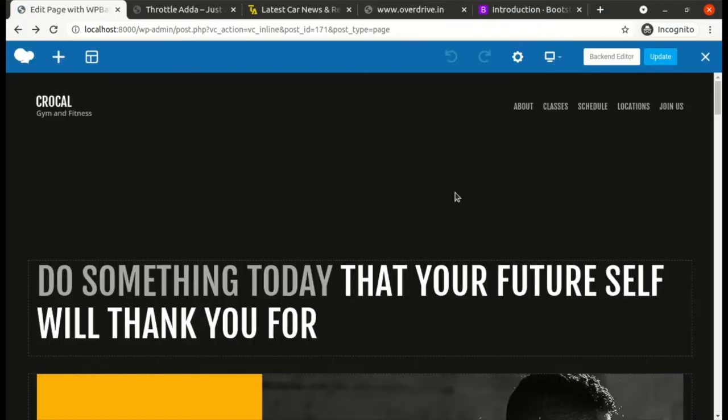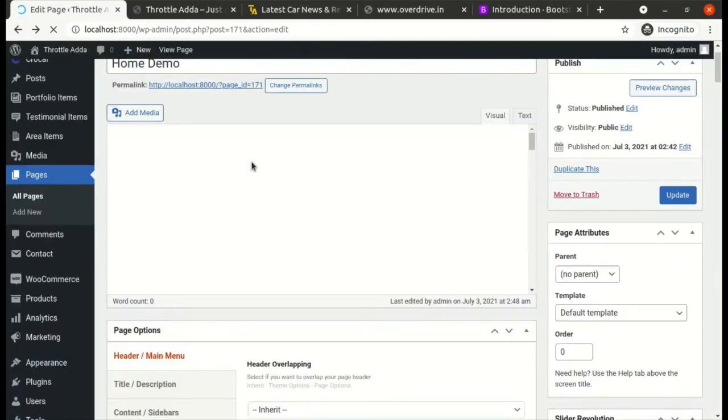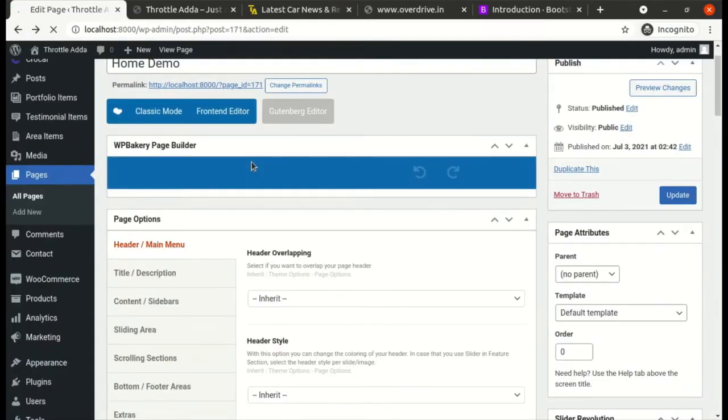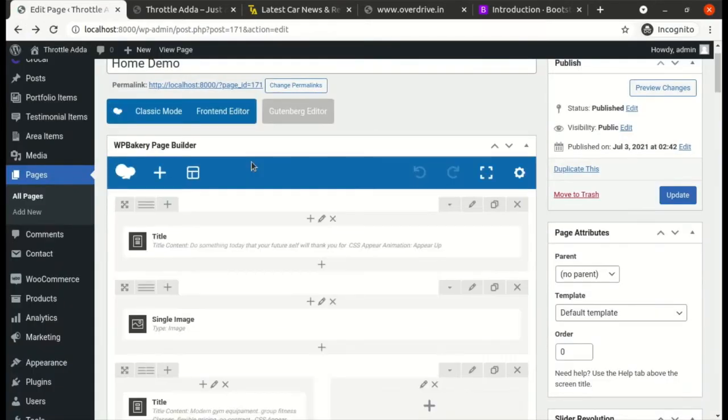Yeah, so I was saying that once we are in the backend editor, I'm going to show you all the functionality of the elements that we are going to use on the page. Because using the element is always simple enough, but understanding that element and what it is used for will help you use the correct element at the right place that you want to use that element.